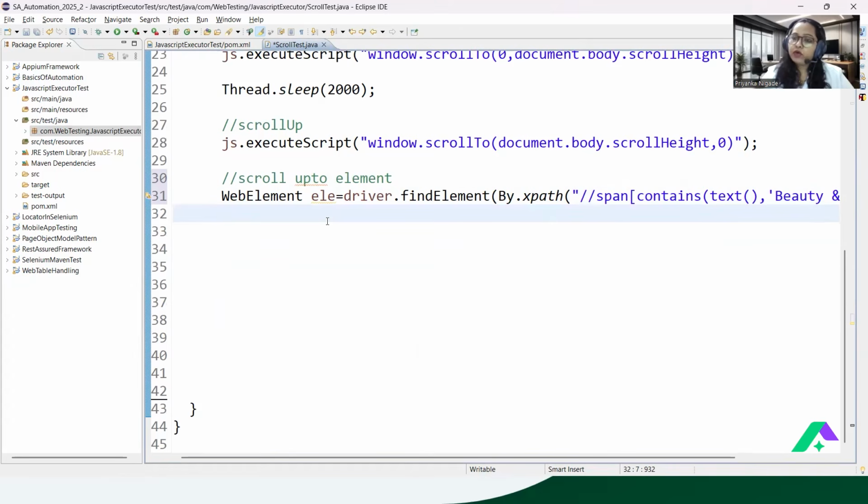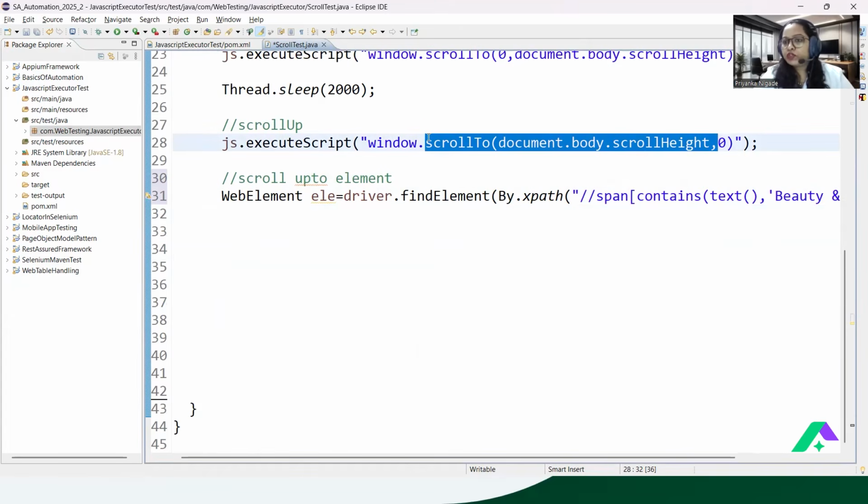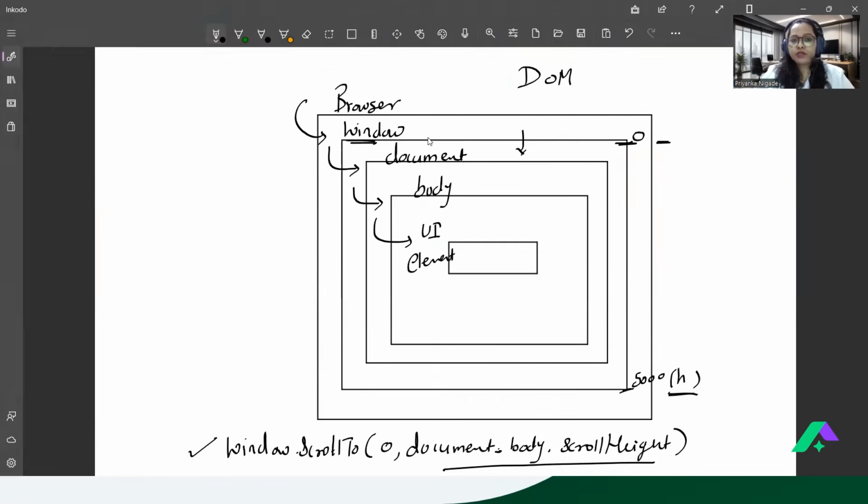What I wanted to do is scroll the page up to this element. So here we can't use this particular syntax. We can't use window.scrollTo. Now what exactly are we trying to do, if you can observe the DOM. Currently I wanted to instruct this body that whatever elements are present, suppose there are multiple elements present, start from this zeroth element and identify my expected element first. When you find this expected element, scroll up to that element.